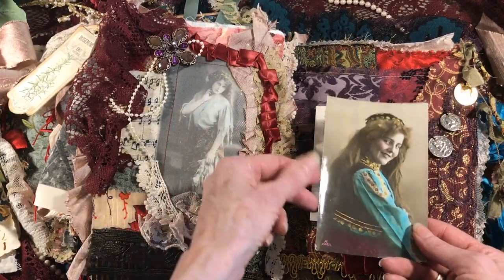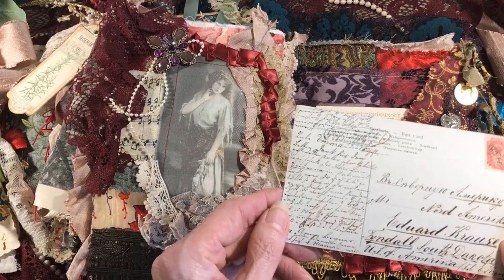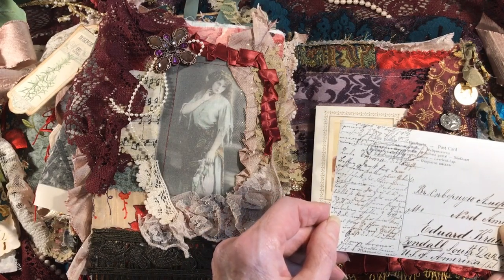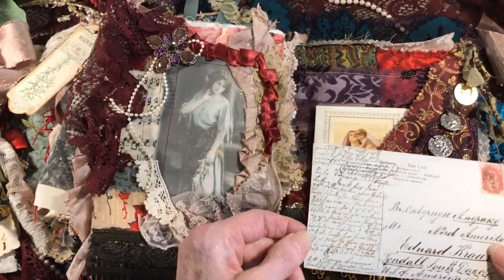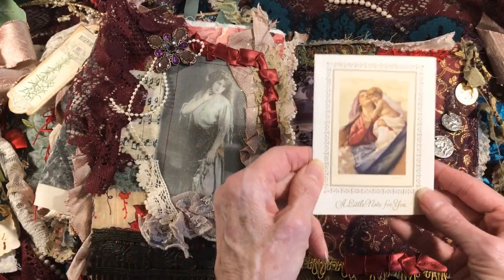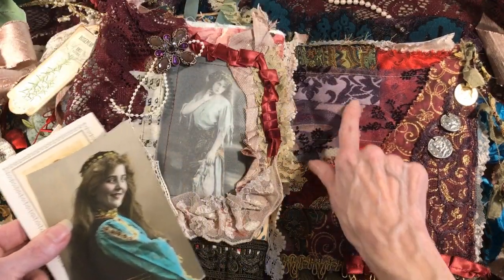I know, I couldn't believe I had this in my stash. I'm like, oh my gosh, this is perfect. And it is legit. And I think this is written in, I have no idea, German. I can't even read that. Look how small that is. But actual postcard. Isn't that fabulous? Yay. And another card from my stash, just a vintage card, a little note for you. How cute is that? And if you take that out, you can see some of my collaged pages,